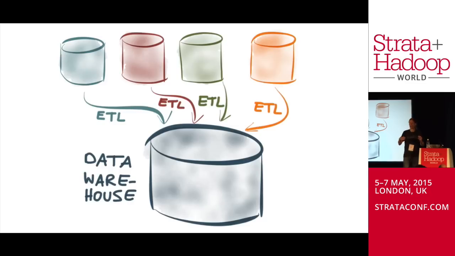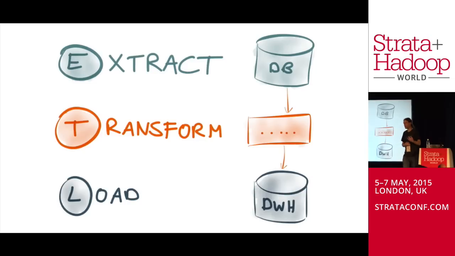one central place. And that process of pulling it together is called ETL, where the E is extracting it from the source database, which typically is done as a dump of the entire database. So this is maybe something that you run once a day or once a night. You copy the entire contents out of the database. Then you probably transform the schema, because the kind of data format that is good for operational purposes is often not the same as the kind of data format that's good for analytic purposes in a data warehouse. So it makes sense to have some kind of transformation, translation step there in between before you load it all